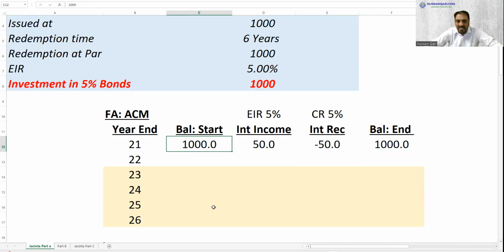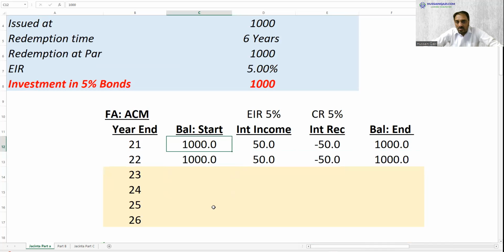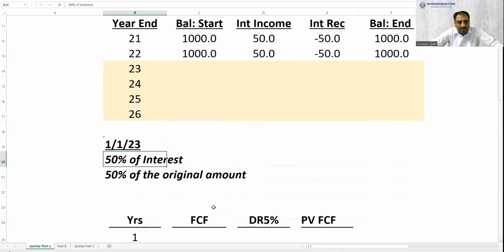It's 1000. Everything is going in the same manner. 1000, 1000, all these things. Very simple, very basic. But afterwards, at the start of year 3, 1st January 2023,